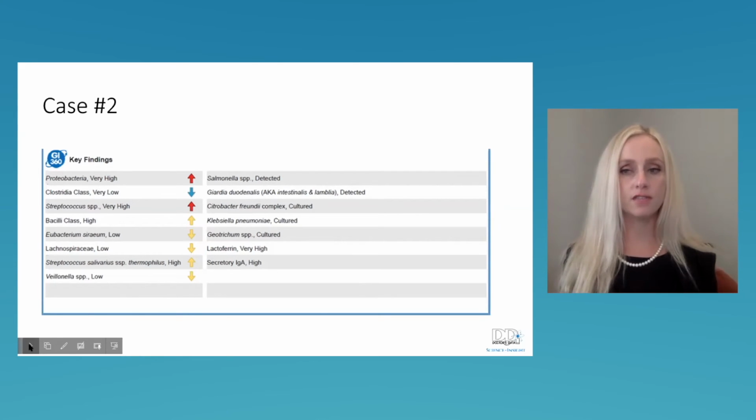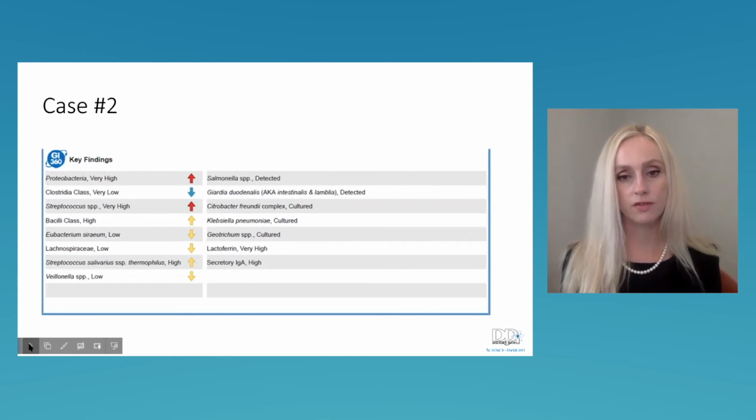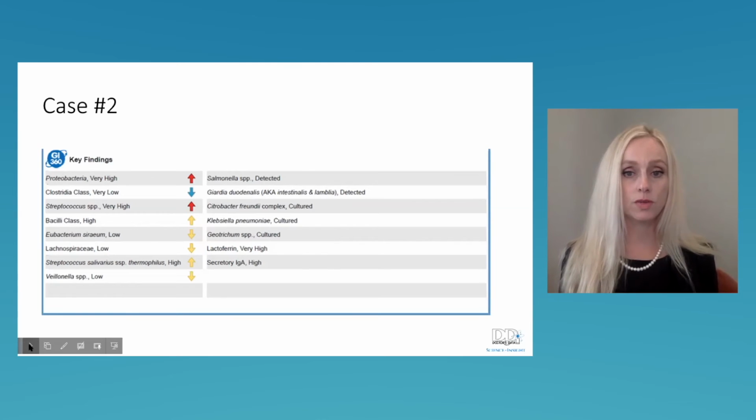It's very common to have yeast growing within the human colon, but we want to look at it together in terms of the amount of yeast and take your patient individually. Some people present with yeast symptoms at a very low amount of yeast and other people don't. So that's why we have this information here for each patient individualized. And then we do see the elevated lactoferrin. So we definitely are thinking